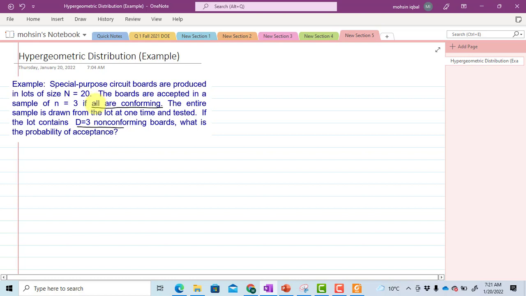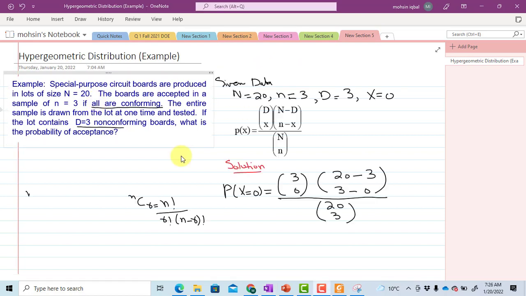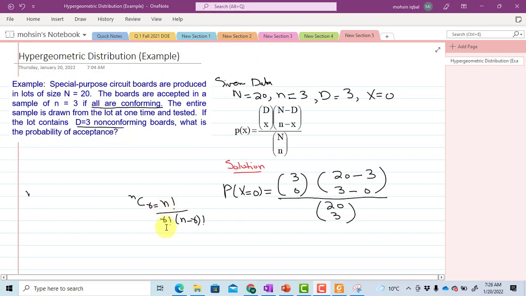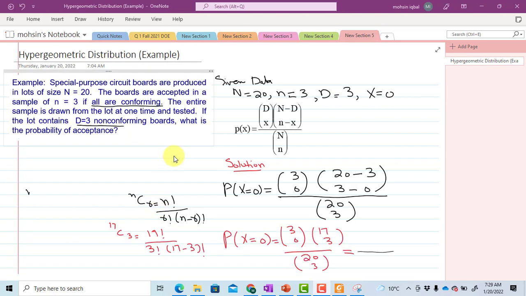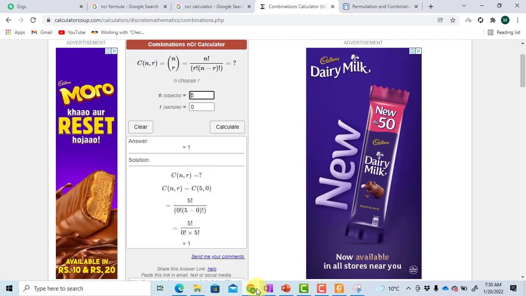So first of all, I'm going to write the formula: n factorial over r factorial and n minus r factorial. Okay, so I'm going to solve it for one of the values. You can say for the second one I'm going to solve it. Here 30 will be equal to 3, and the rest of the values I'm going to calculate using the Google Chrome website. So I'm going to Google Chrome. I will write there 17, then I will write 3 here. I will do the calculation. So the answer will be,